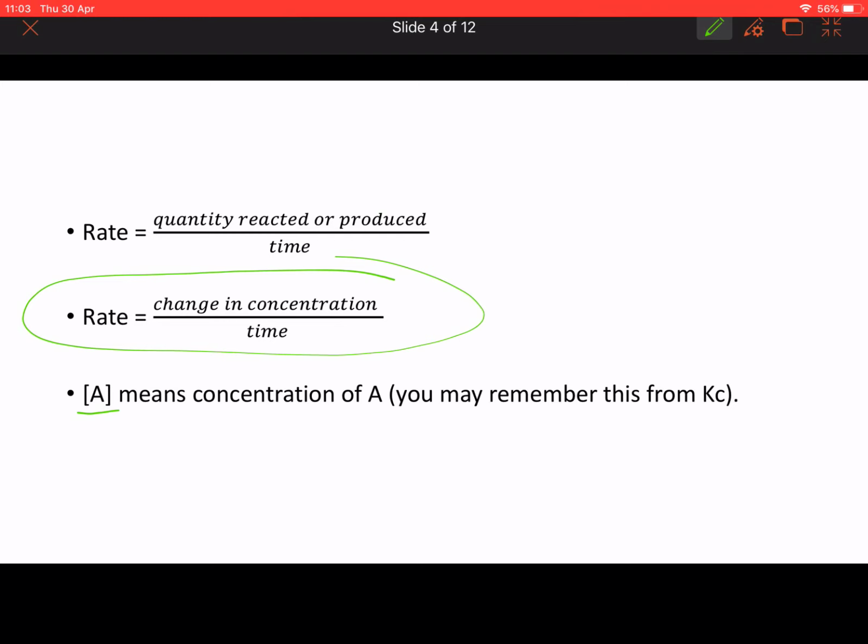Yeah, that we talked about that when we were looking at KC earlier. Okay, so we'll use square brackets here a lot. Make sure that you get in practice of them. It really helps if you're laying out your working in a sensible way. Okay, and using nice little shorthands like that will help. Okay,